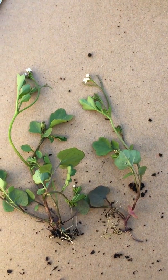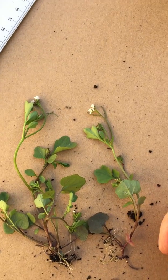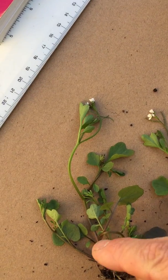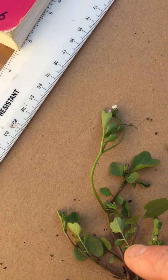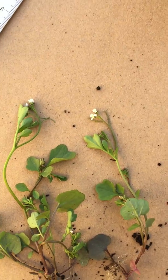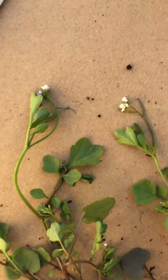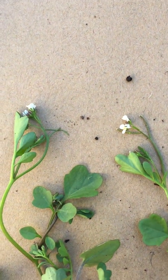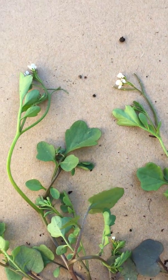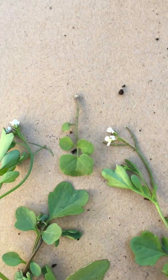So how the hell do you tell that different from the others? Well, first of all, it's not quite right for Cardamine hirsuta or flexuosa. So it's got a stem. The stem is glabrous or very, very sparsely hairy. And it's got a few pairs of stem leaves, 1, 2, 3. And then it usually has consistently 6 stamens. And then if you look at the shape of these end lobes, you see that they're very, very deeply lobed, 3 to 5 lobed. Whereas on Cardamine hirsuta, I put one beside it, you can see that they're scarcely lobed